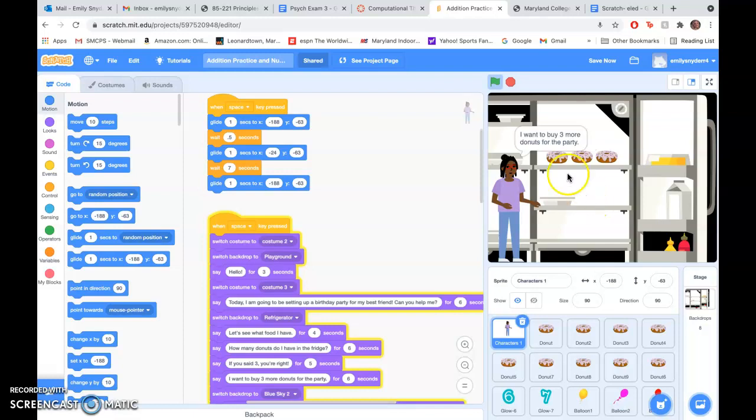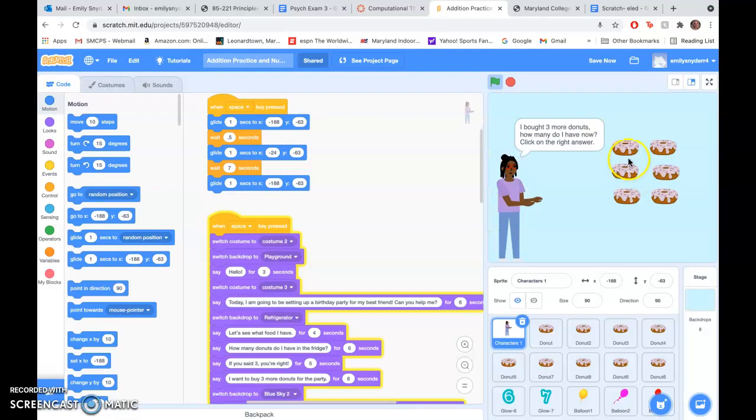And then next, we have 3. We want to get 3 more. Hopefully they're starting to think about that, because on this side, it'll show all 6 donuts, 3 plus 3. If they were to say something like 7, it'll say, try again. And then if they click 6, which is the right answer,